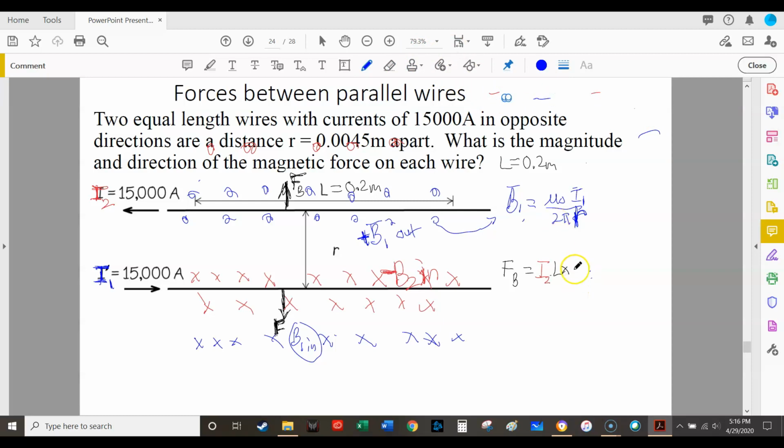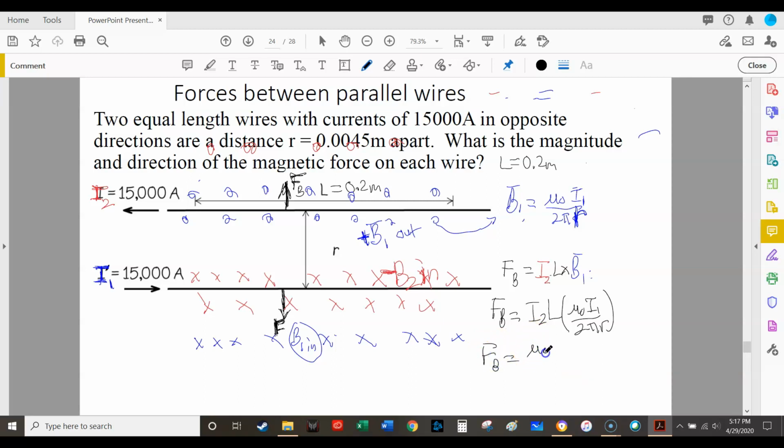And that is due to B1, wire number 1's magnetic field. So let's go ahead and try it. We have I2 times the length, which is going to be 2 meters, and then the B1 magnetic field, which is going to be mu naught I1 over 2 pi r. So I'm going to rearrange this formula so that it looks nice and clean, which is going to be equal